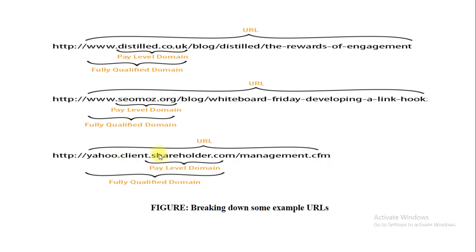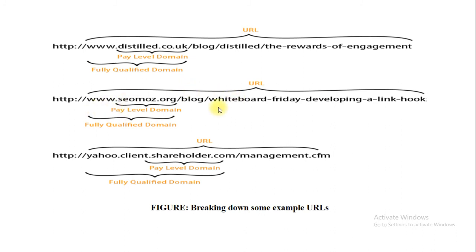So this particular website has been working for finding the fault in the connectivity. This is called pay level domain, this is called fully qualified domain. See, this is called the concept of subfolder. In these three examples we have used different ways of pages which are connected with the domain, right?